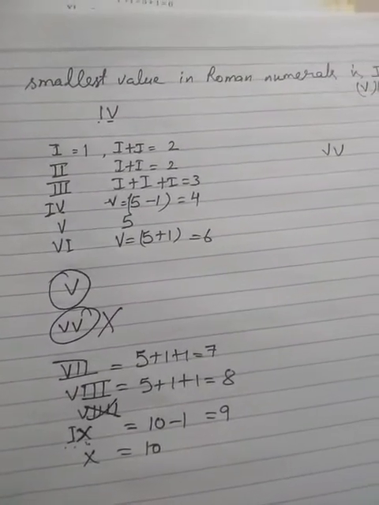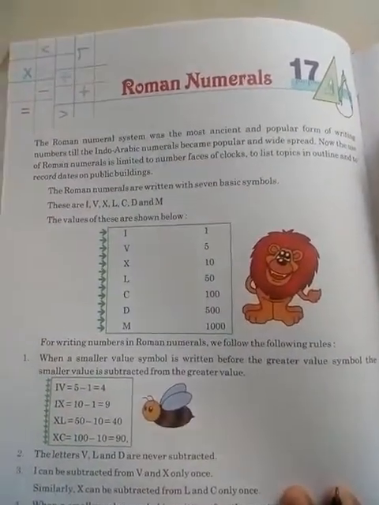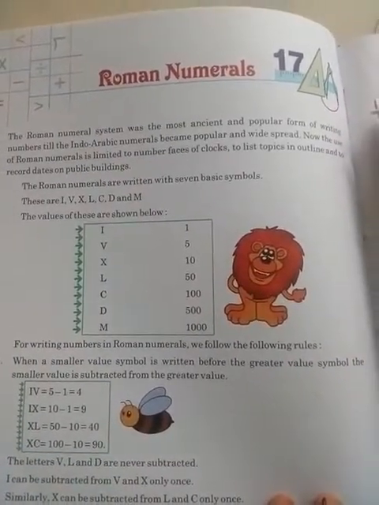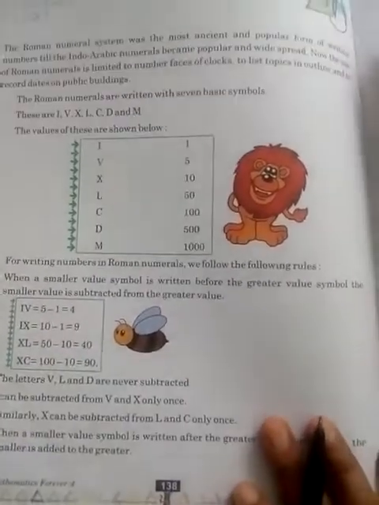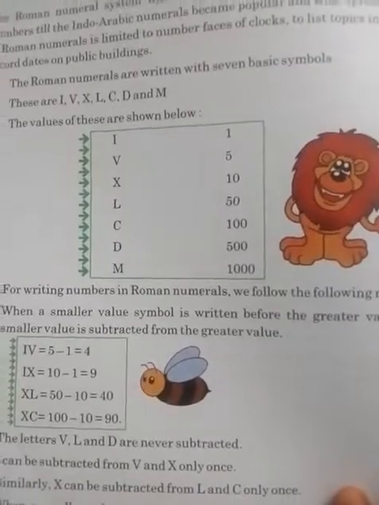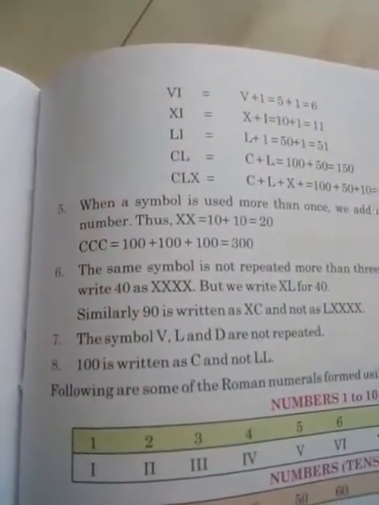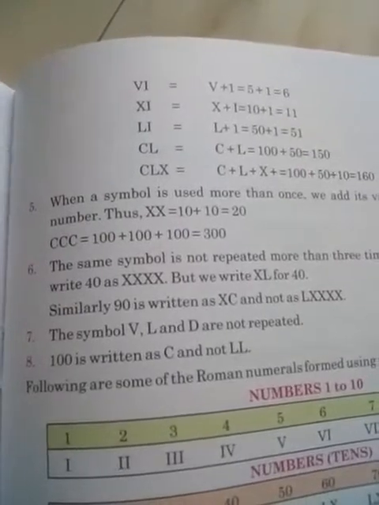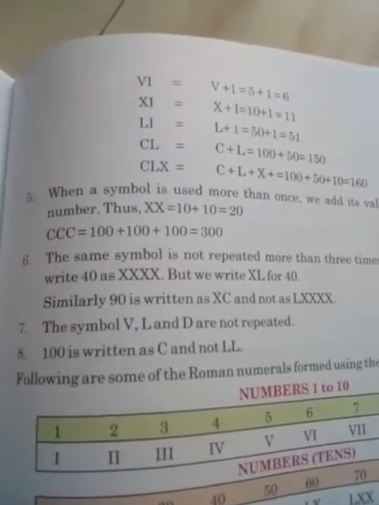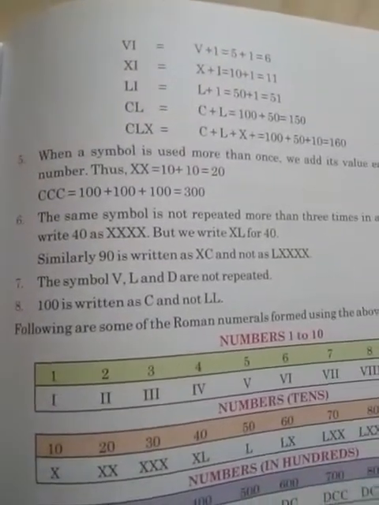So what you have to do first is, in the copy I am going to tell you what to do, how to start the chapter. Write the Roman numeral chapter 17 in your copy, then make this table, very beautifully, neat and clean in your copy. Then write all these rules. 8 rules are given there. You have to write all these rules in your copy. I'll clear you later on, but you have to write it. So these are in your copy as a note. Okay, and then start writing.